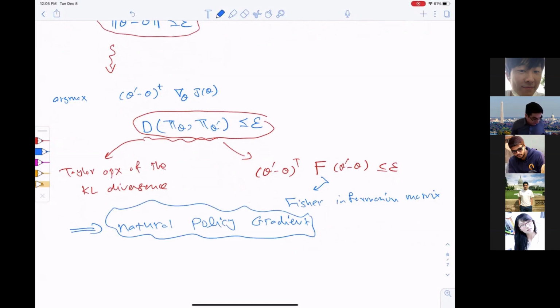Okay, really simple, right? So instead of the L2, you have the Fisher matrix. And in that case, your update becomes simply theta prime is theta plus, instead of just multiplying with alpha, you're going to multiply alpha with the inverse Fisher matrix times your gradient. So that's the only difference that you have compared to the policy gradient. Okay.